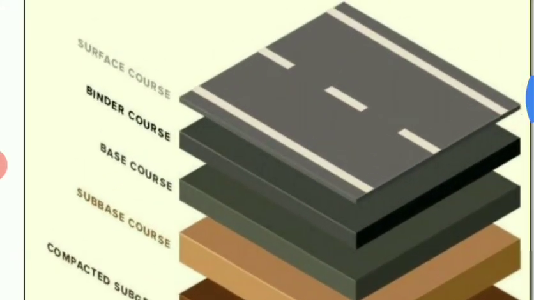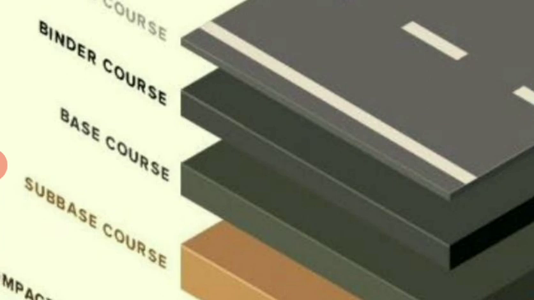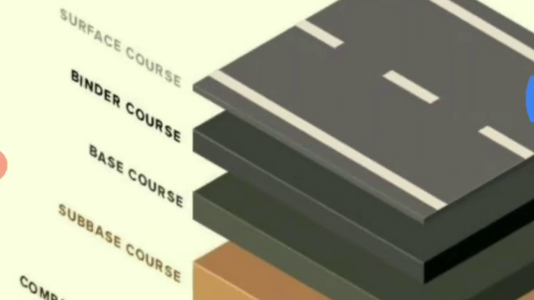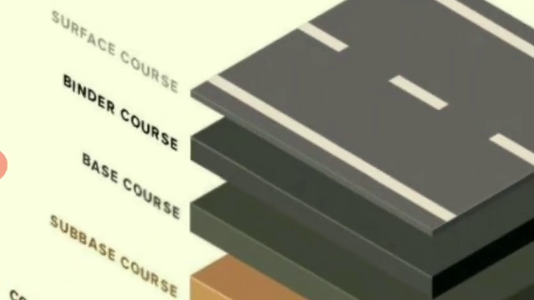The asphalt used in the surface course will be different, the asphalt used in the binder course will be different, as well as the asphalt used in the base course will be different. The entire specifications, size of the material as well as the quantity of the material, will vary with respect to the different layers, because as per the pavement design concept, it has to carry certain load which is governed by the top layers. So it should have certain stability to carry that entire load, right? Depending upon that concept, the material specifications vary in different layers.